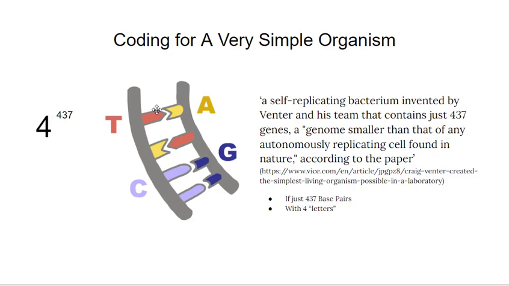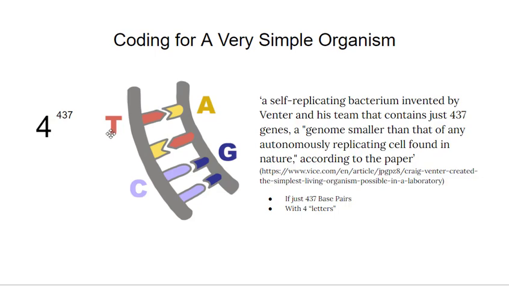Now, a gene might actually have multiple base pairs, think of this as letters in a word, multiple base pairs to come up with just 1 gene. But I'm going to, for a moment, assume that 1 gene equals 1 base pair. So if you were to have 437 base pairs to code for a very simple bacterium,